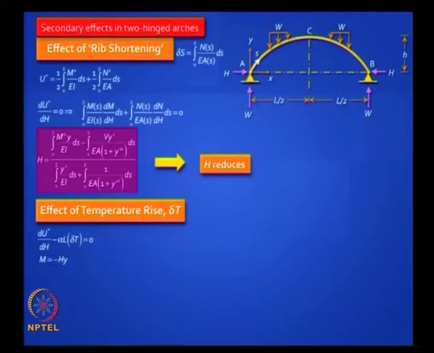The second effect that we should worry about is, because it is an indeterminate structure, what would happen if you had a temperature rise or a reduction in temperature. That also can be worked out. Here you can use the consistent deformation principle, treat it as a roller support, simply supported beam, and let the heating take place. What do you think will happen to the arch? It will expand in length, and so the roller will move to some distance. Then you have to push it back, and that force which you need to push it back is capital H, and you can work this out.